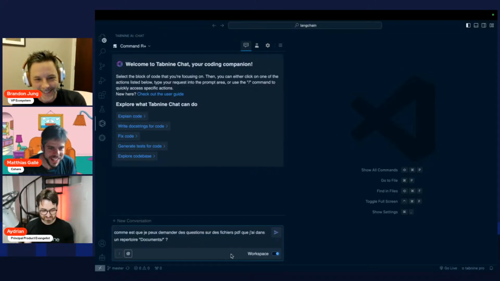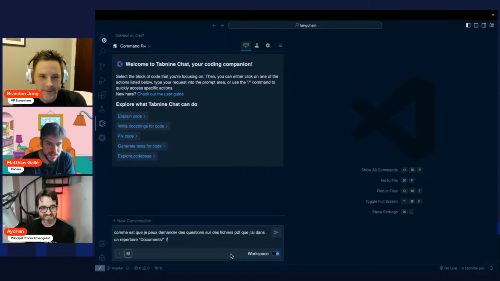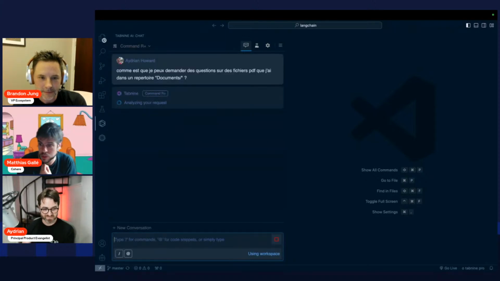Okay, the one I put here is the typical RAG question that you might have, and LangChain allows you to combine those and to create your external RAG things for documents. This is just one which assumes that you have PDF documents in a folder called documents, and so you want to set something up where you can ask it questions on top of it. Okay, and I have no idea if this is going to work.